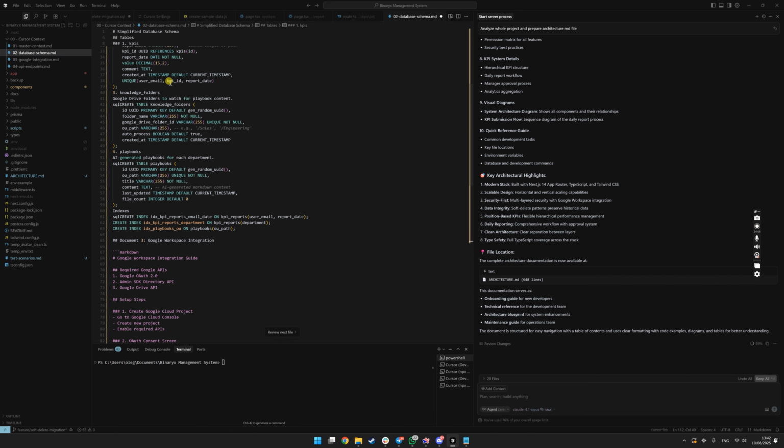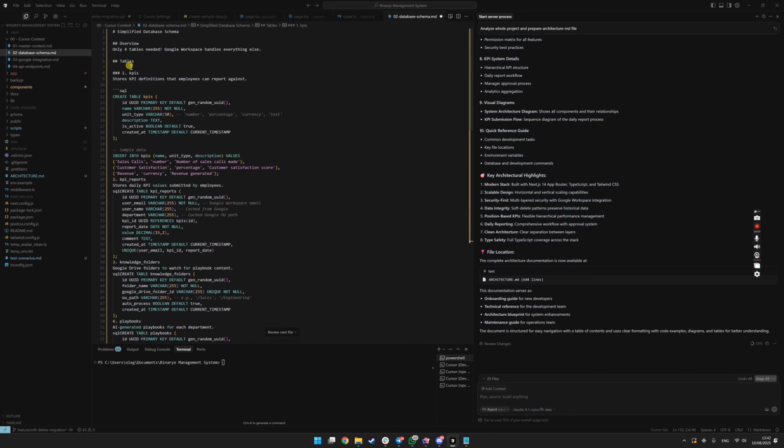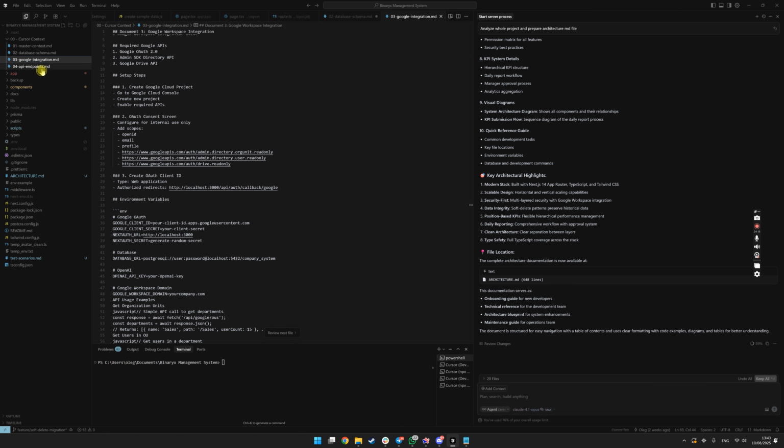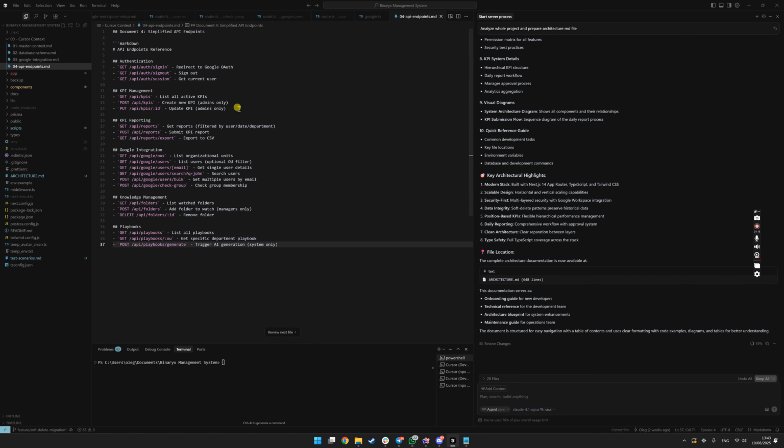After that, I ask ChatGPT and Claude Code to create the database schema and Google integration instructions. And of course, API endpoints, because API endpoints are really important for the application to understand how it should operate with everything. The best thing I realized I can do, after the AI creates the context files and the prompts, is ask it to make a cheat sheet for how to use those prompts with the context files in Cursor.